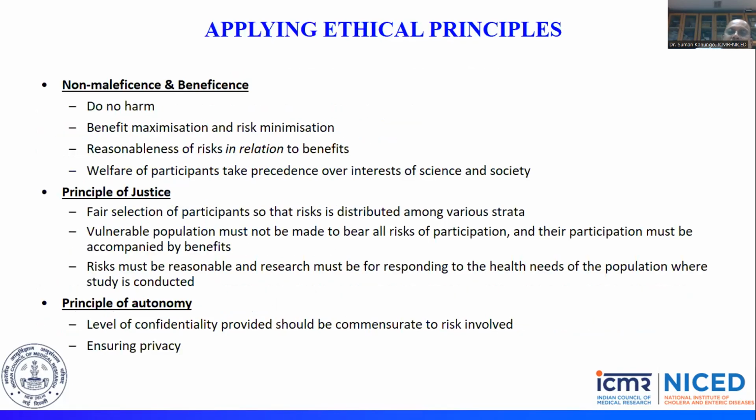So now, applying ethical principles. First of all, non-maleficence and beneficence. These are the three principles of the Belmont report. Then the principle of justice, then the principle of autonomy. Non-maleficence or beneficence means do not harm. We cannot cause any harm to any subject. Maximum benefit and risk minimization, reasonable risk in relation to benefit, and the welfare of participants take precedence over the interest of science and society. So non-maleficence, the principle of justice, and the principle of autonomy